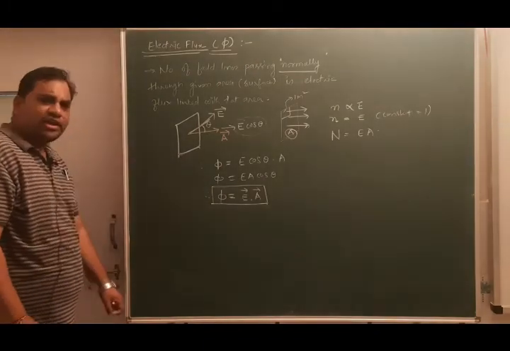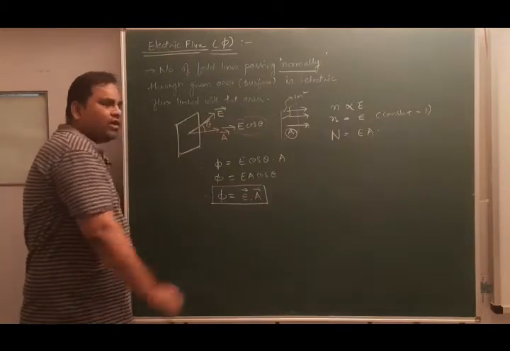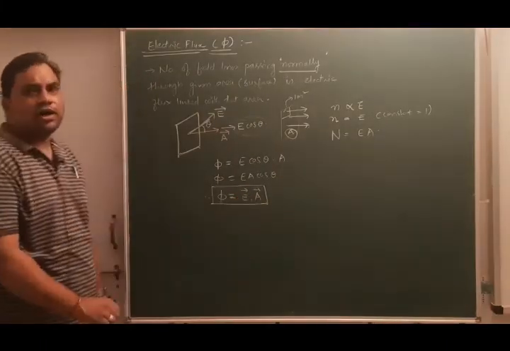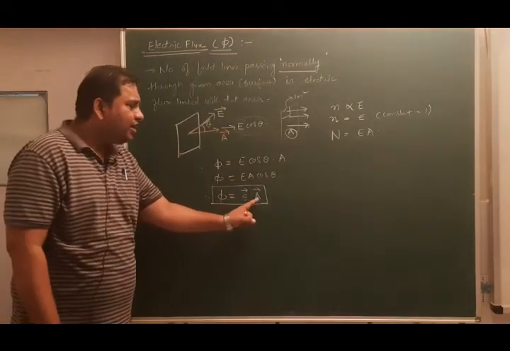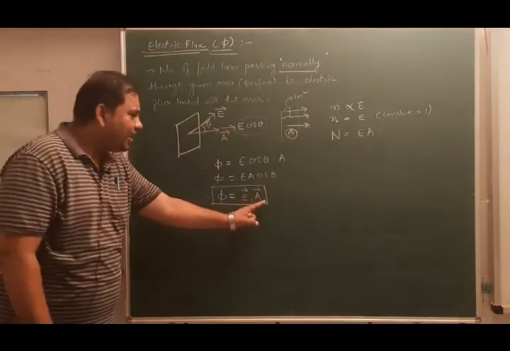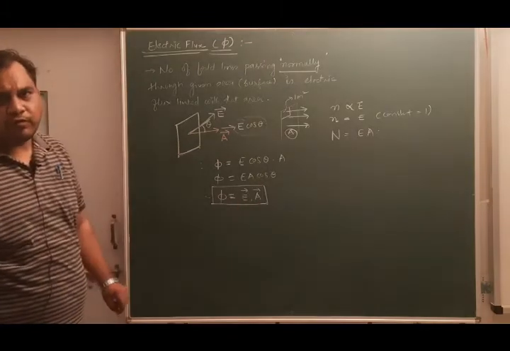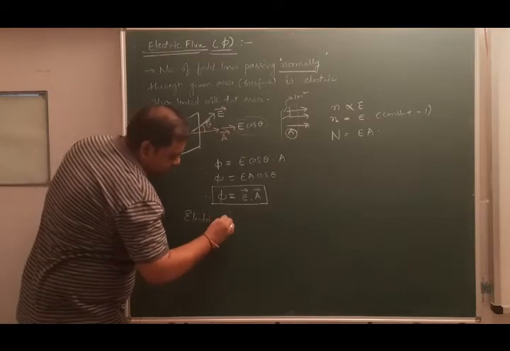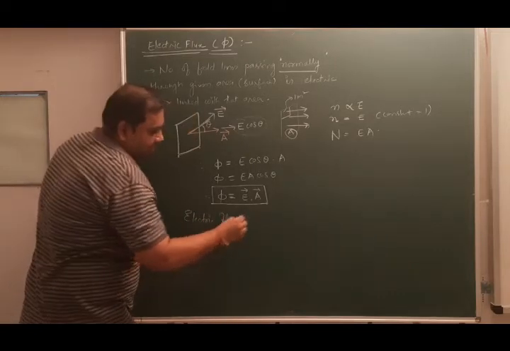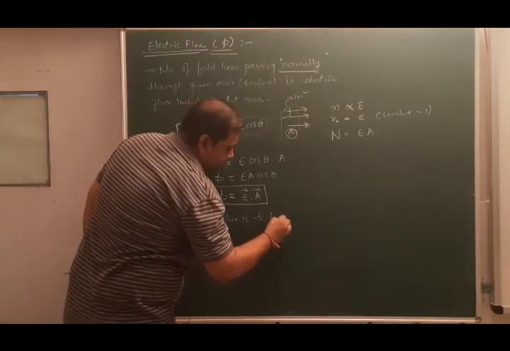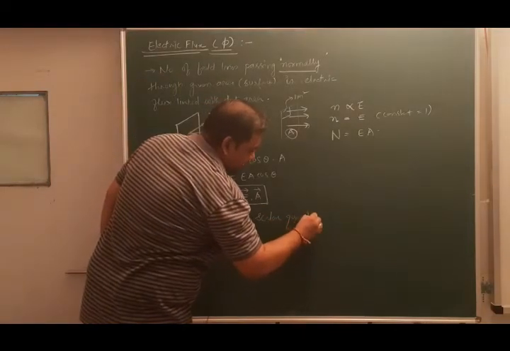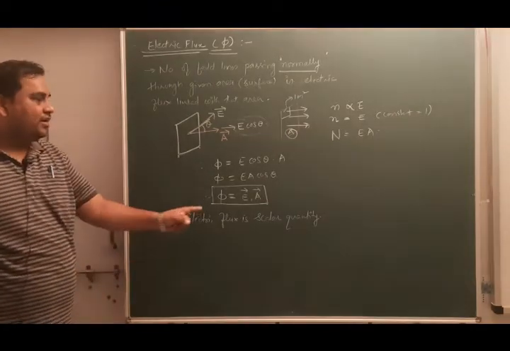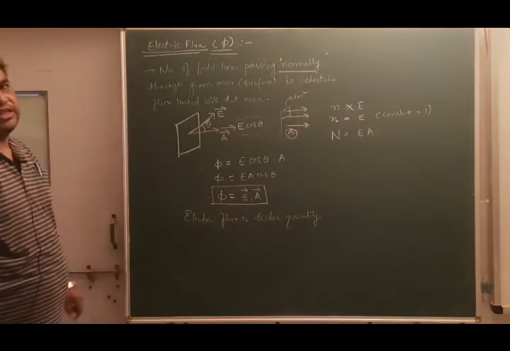अब यहाँ से एक चीज और क्लियर हो रही है कि इलेक्ट्रिक फील्ड E जो है it is a vector quantity. Area vector A is also a vector quantity. So E dot A, it is the dot product of two vectors, so it will be a scalar. So we can say that electric flux is basically a scalar quantity. Electric flux is a scalar quantity. E dot A is a scalar quantity.